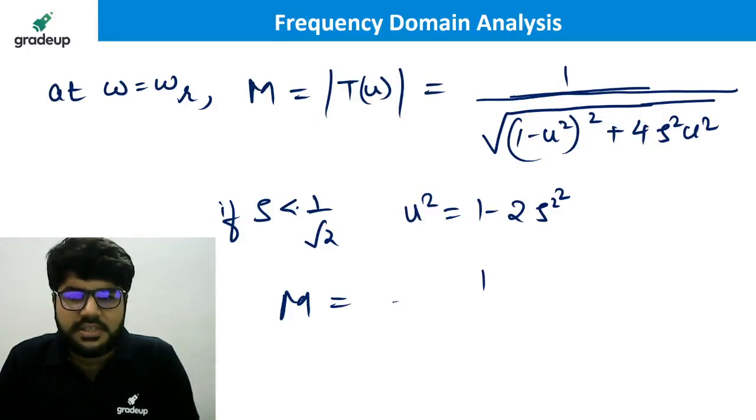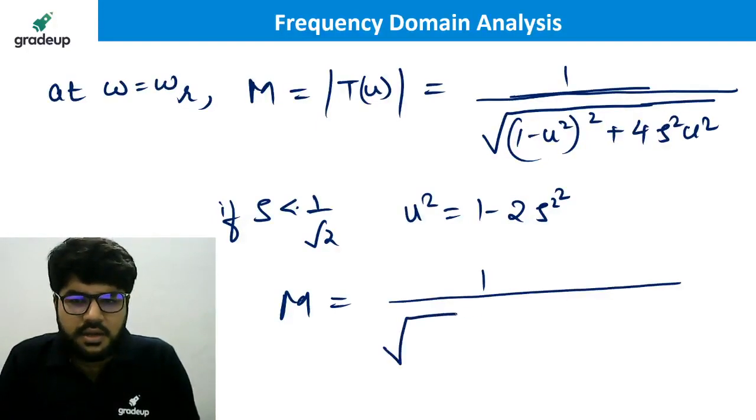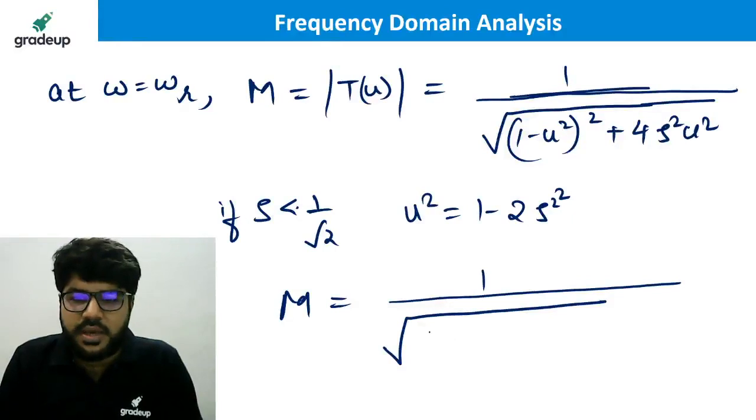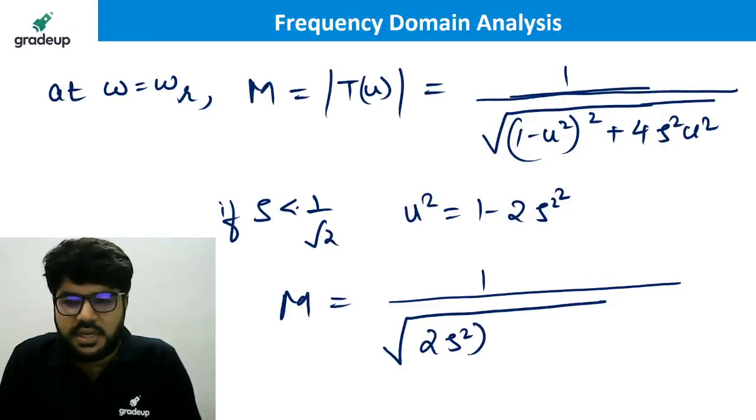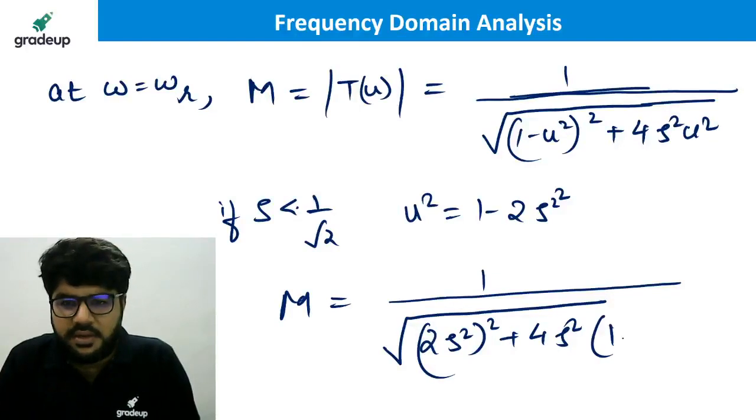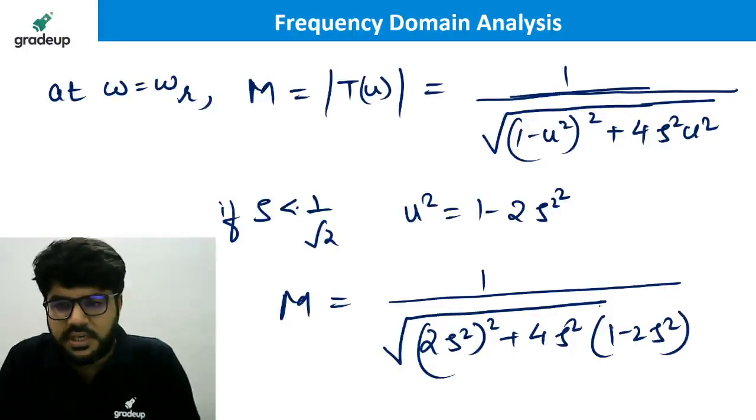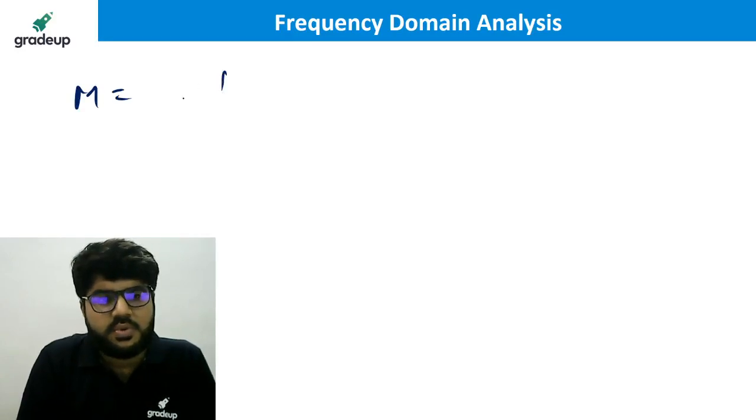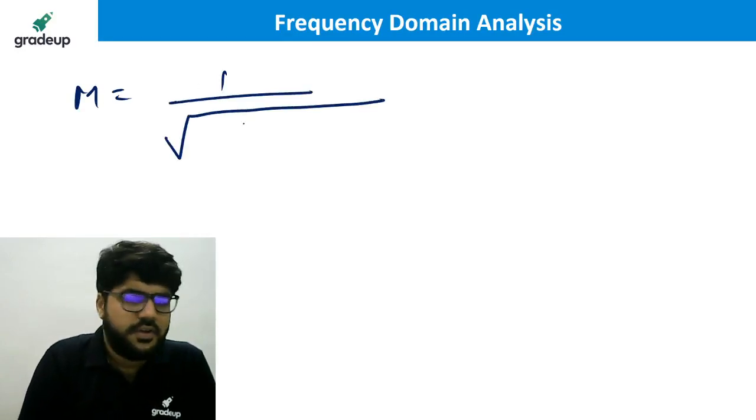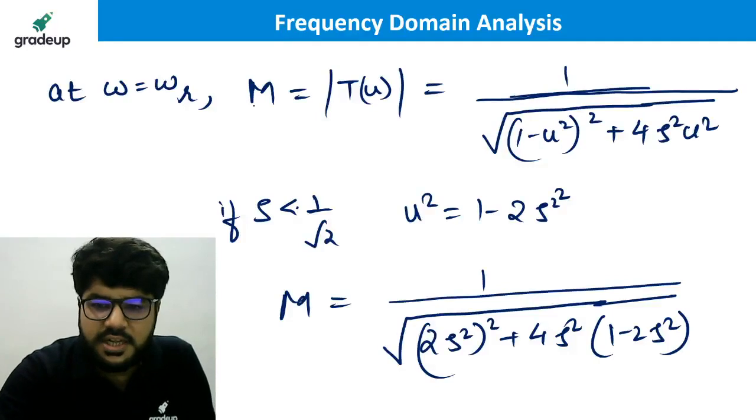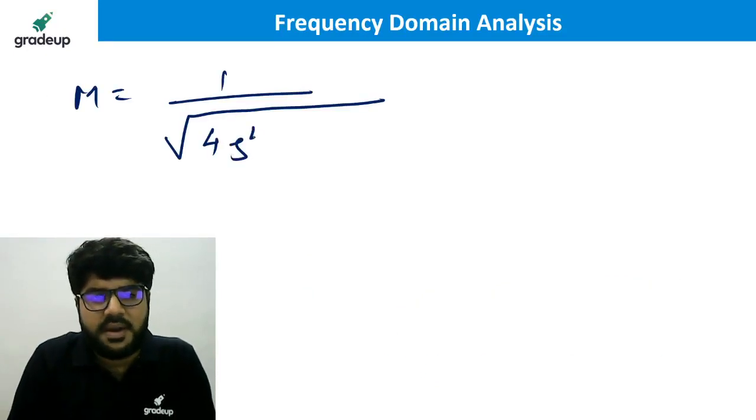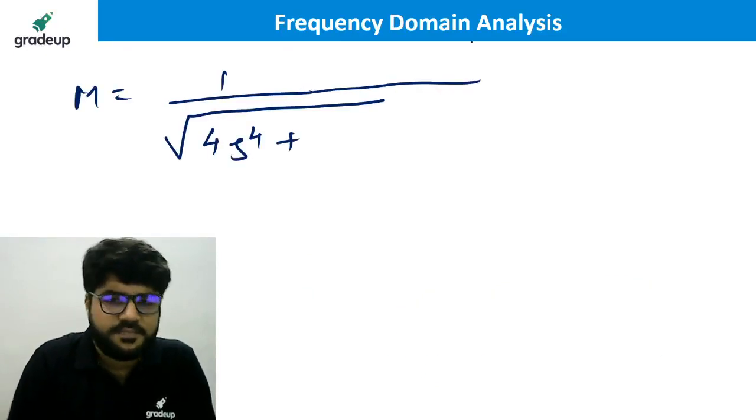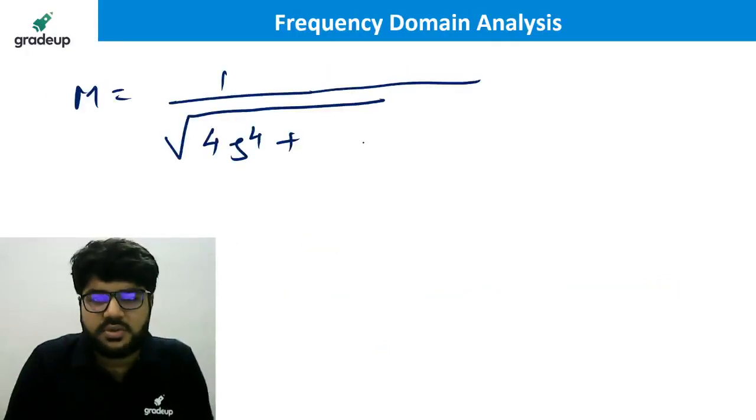That magnitude is equal to 1 upon under root of (1 minus u square) whole square plus 4 zeta square u square, and u square is 1 minus 2 zeta square. Solving this quickly, you are getting the magnitude as 1 upon under root of (2 zeta square) whole square, so it is 4 zeta power 4 plus 4 zeta square